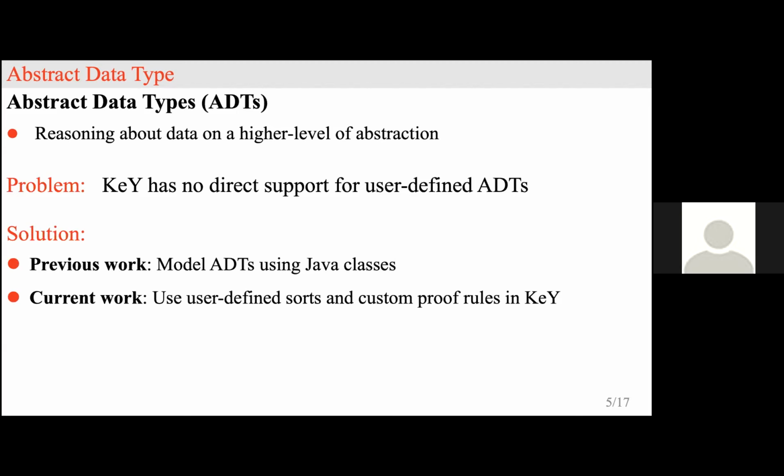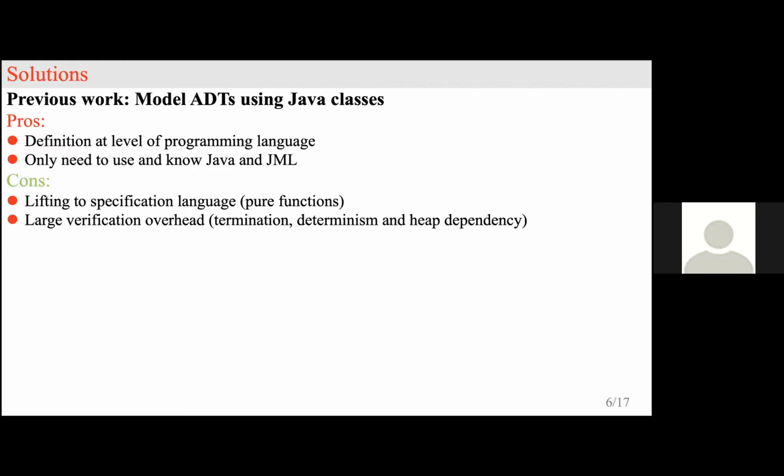We modeled ADTs using Java classes, but for our current work, we use user-defined sorts and custom proof rules in the KeY theorem prover. For the previous work, the advantage is that we can define ADTs at the level of the programming language. That means that the functions are computable and available in Java. And in this approach, we only need to know Java and JML. The disadvantage is that we need to lift our